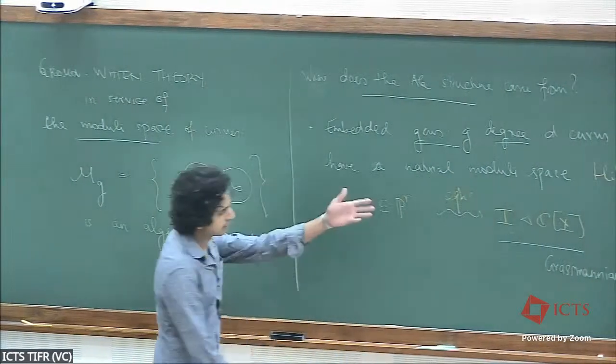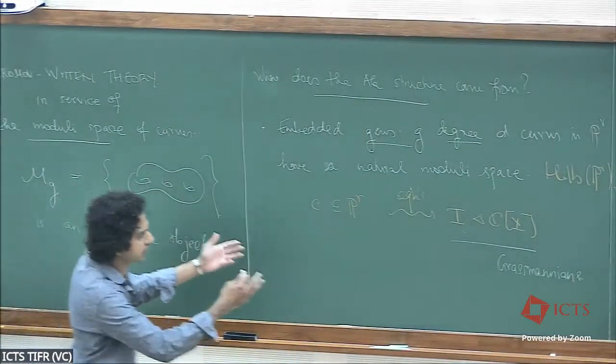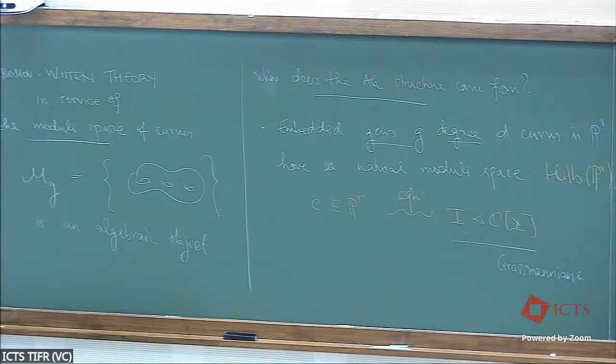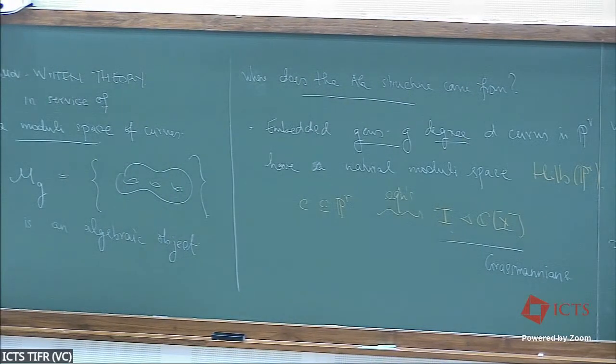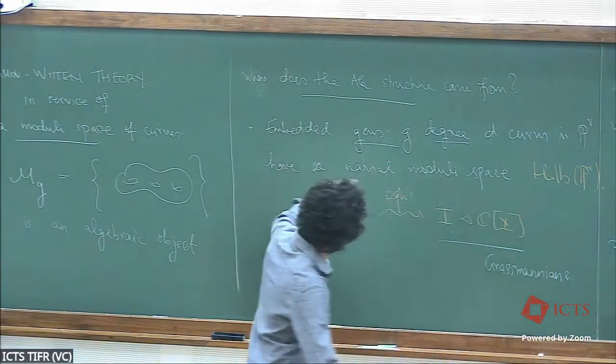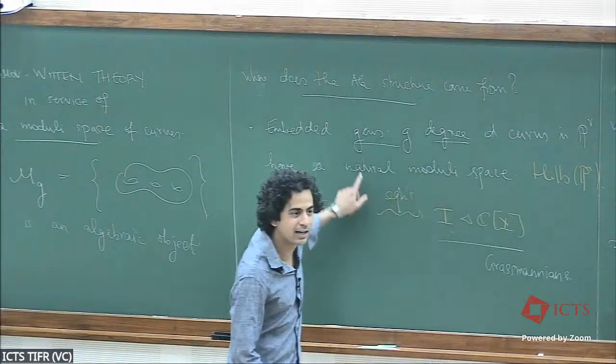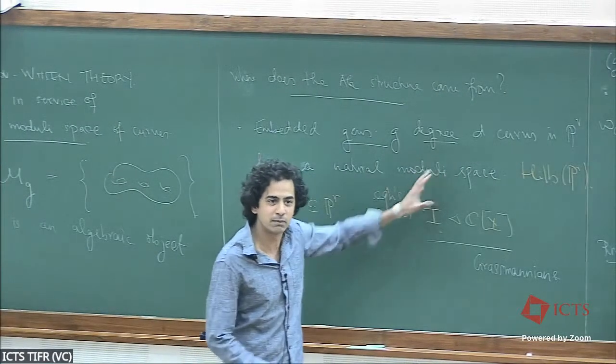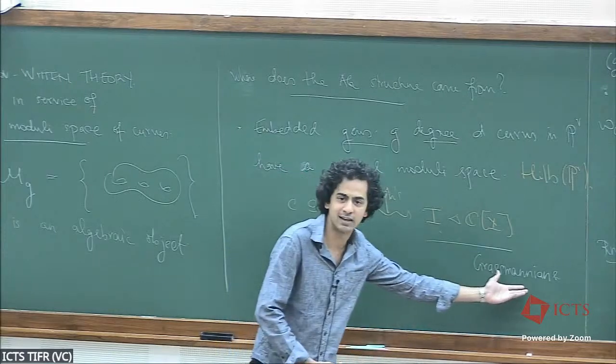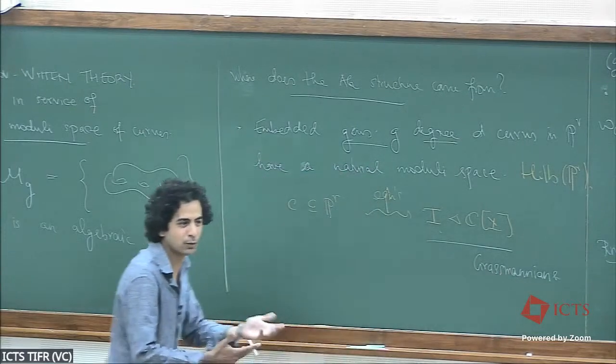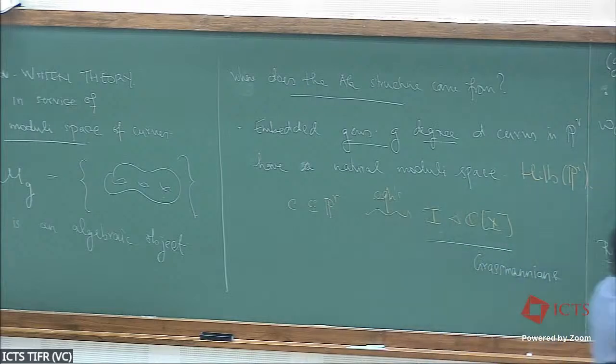And you can kind of stick it in projective space in some canonical way, up to a choice of basis, right? So you're getting closer, because what I've now told you is that every curve occurs inside one of these Hilbert schemes, and these Hilbert schemes are algebraic things because they're stuck inside a Grassmannian somewhere. Okay, so we're getting there. The only issue we have is this up to choice of basis. Okay, so to construct